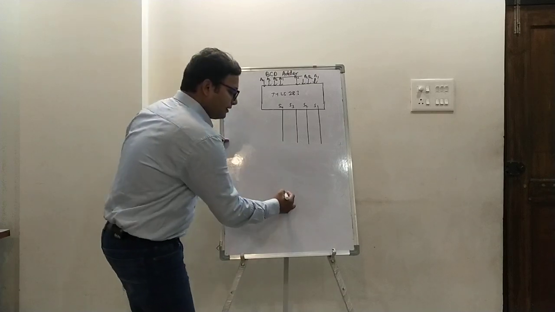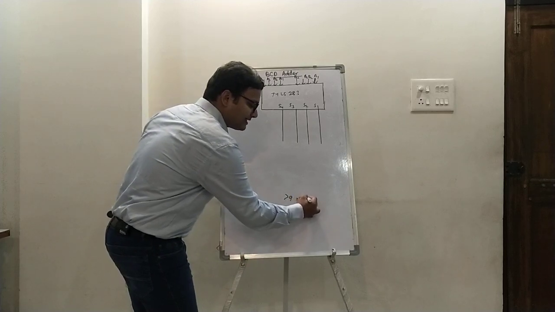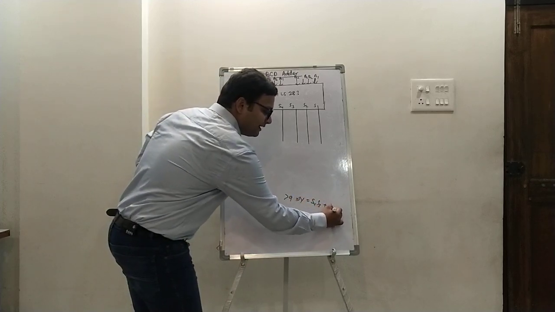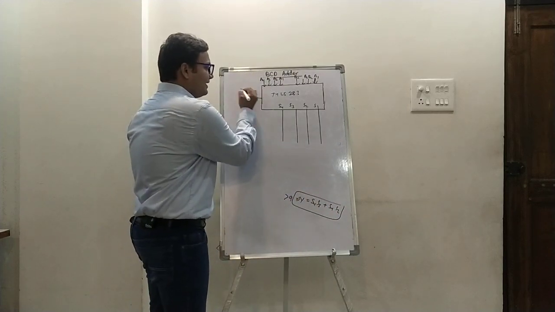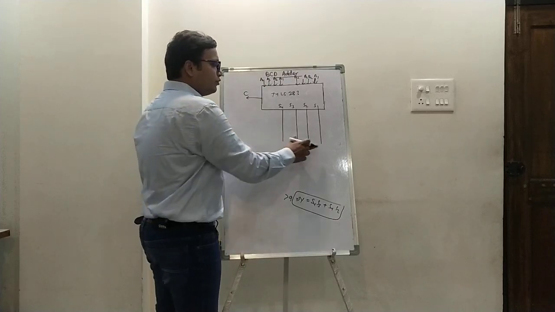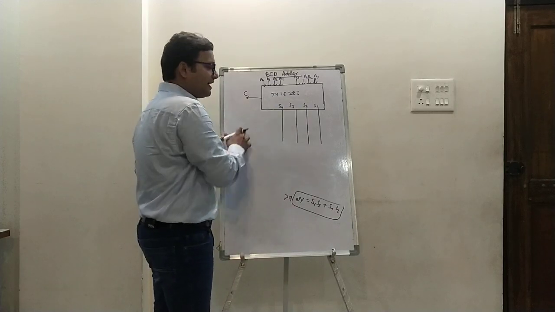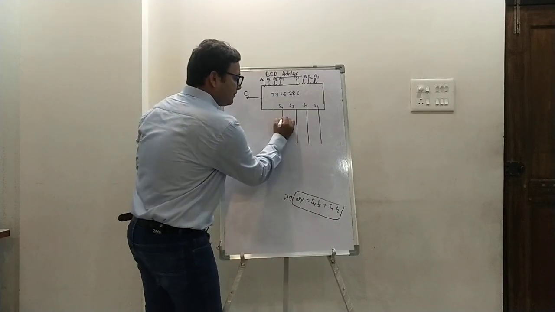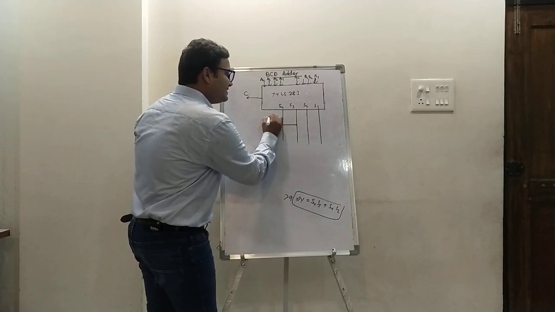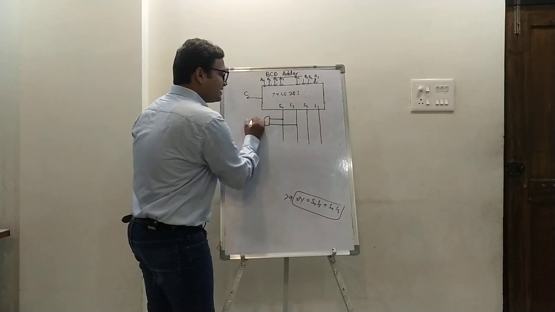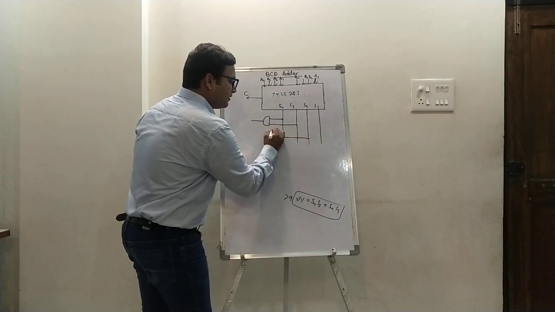Now, if the BCD sum is greater than 9, what I have to do is make a circuit which performs S4, S3 and S4, S2. So see here, and also this is having a carry. This IC has 5 outputs: S4, S3, S2, S1 is the sum and C is the carry. So for the BCD sum greater than 9, I would have designed a digital circuit which is S4, S3 and S4, S2.